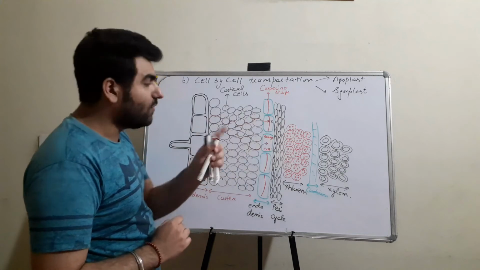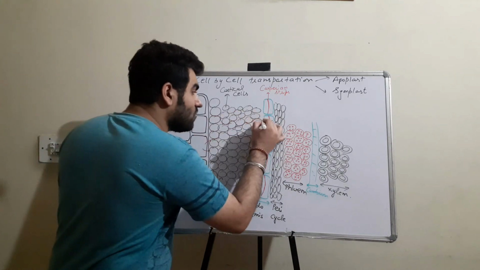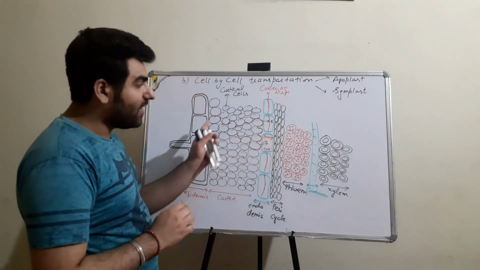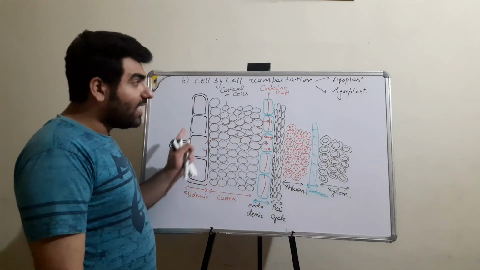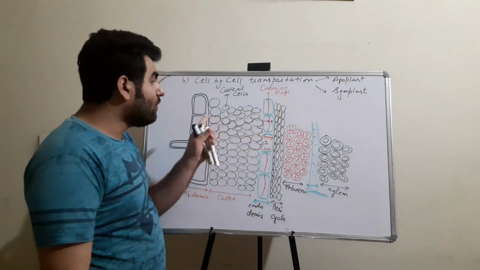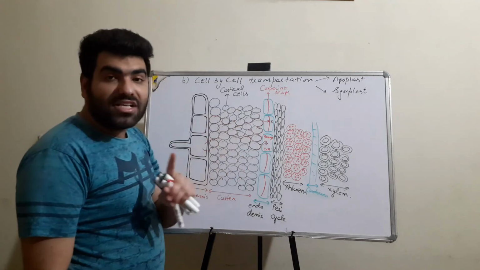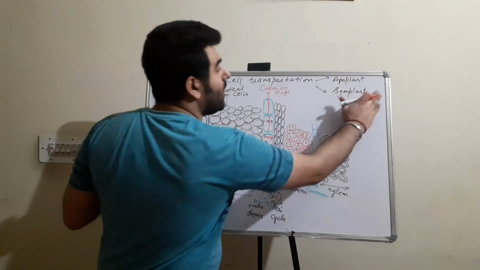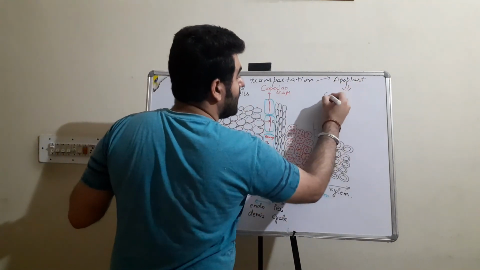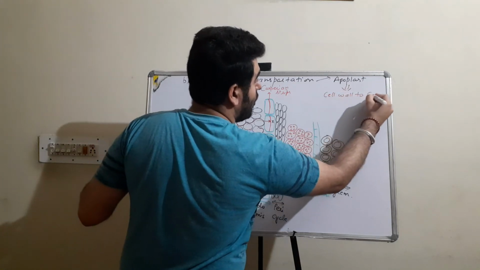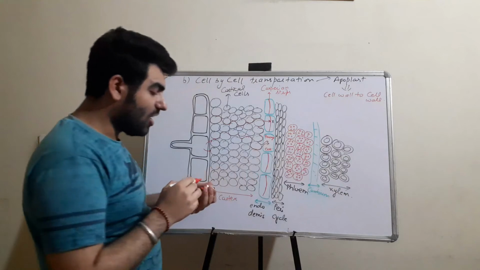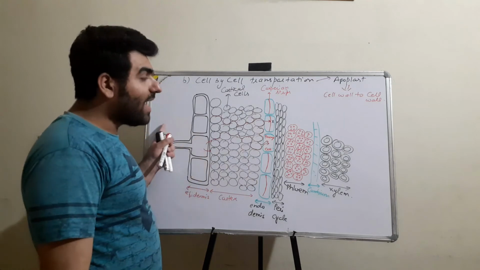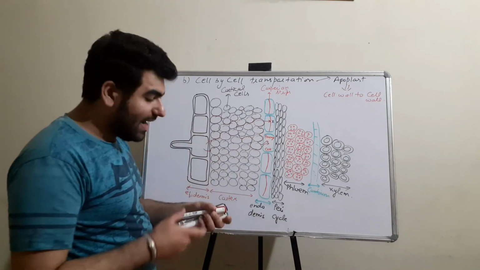So here the water will not flow further, so it will have to change its course and come back to the passage cell for further movement. This method, in which there is imbibition of the water by the cell wall and transportation from cell wall to cell wall, is known as apoplast. So in apoplast there is water transport from cell wall to cell wall. This is the faster way, and 90% of the water is transported like this.